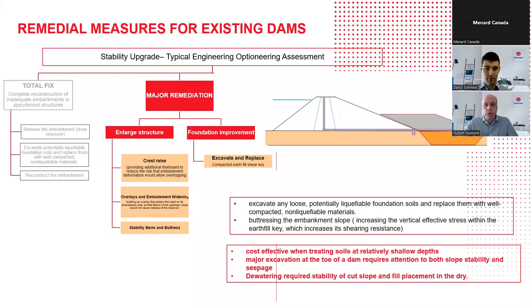When you do excavation and replacement, you first have to manage the stability of the dam itself, but you also have to manage the stability of the slope of your excavation, plus control the seepage while doing it. That can bring different problems in that type of work. So that's typically limited to fairly shallow